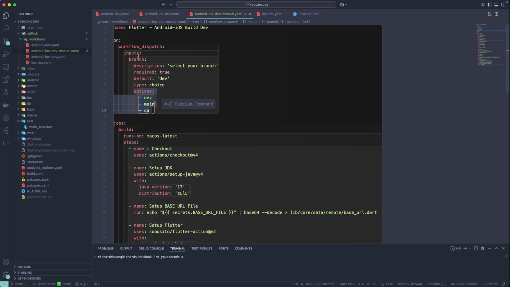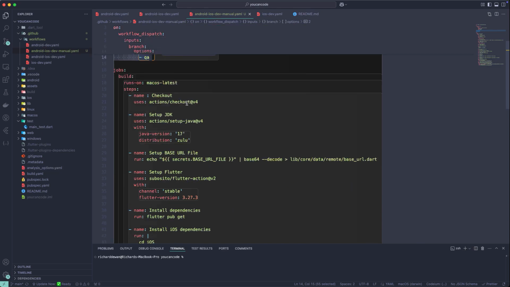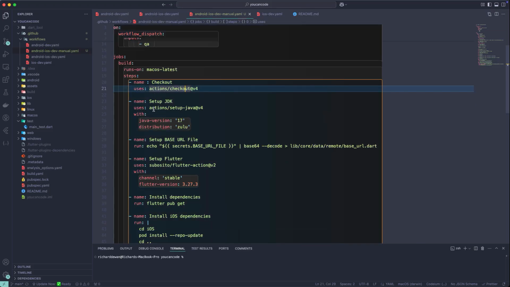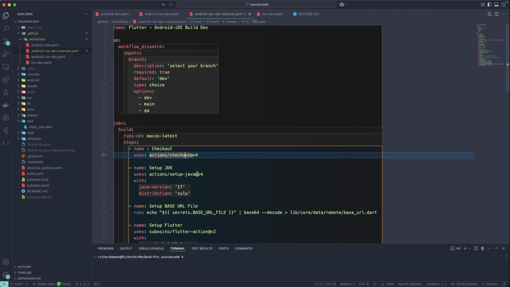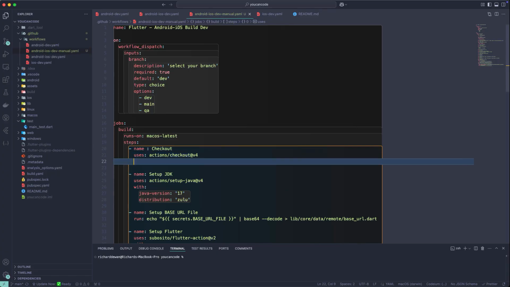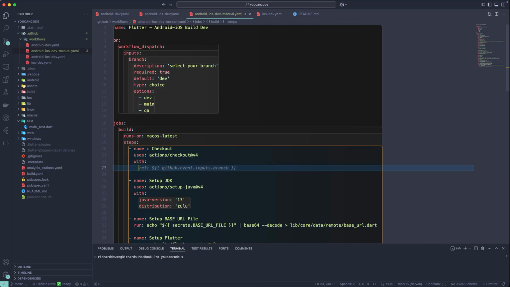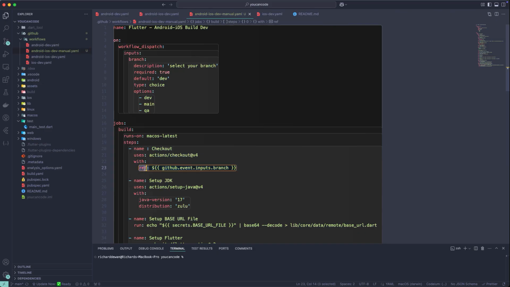So as a parameter, what we will do over here is go down to the checkout section. Now I don't have a branch selected over here, so I need to provide the branch. So which branch am I going to check out? Let's go, and I'll make use of "with" over here, and in this "with" I'm going to make use of the ref, a reference to the GitHub,